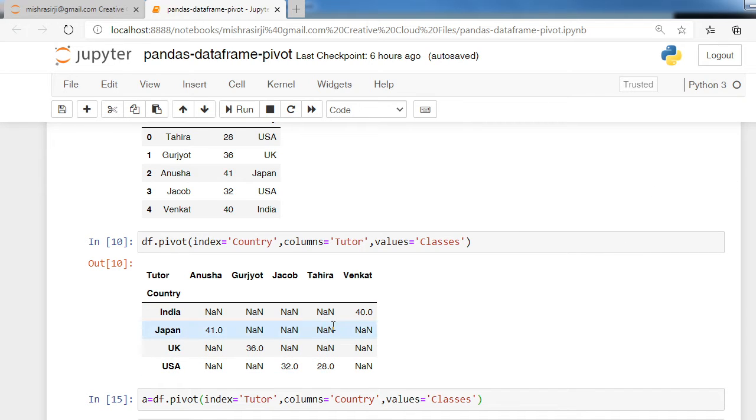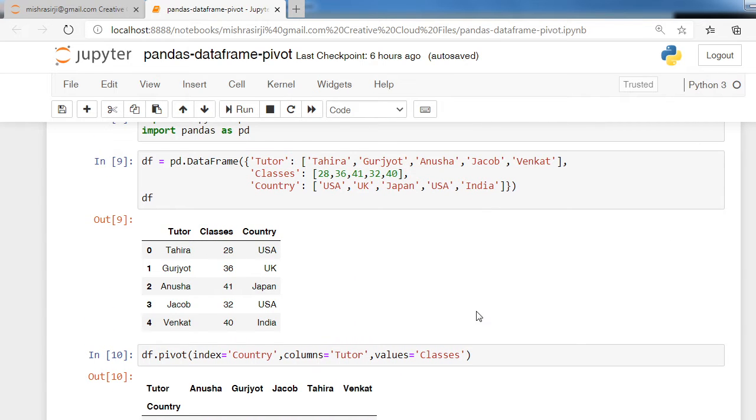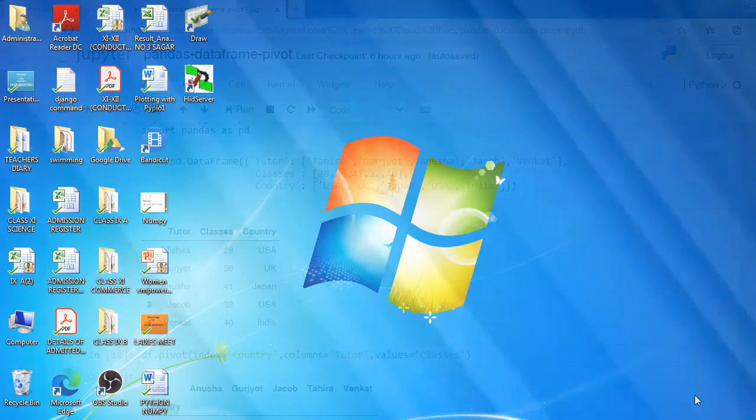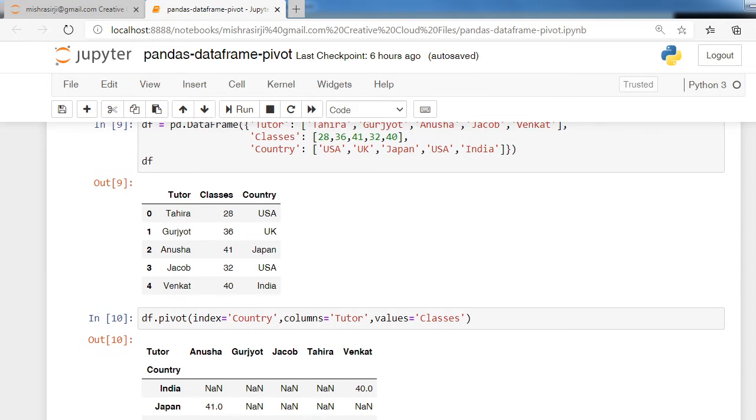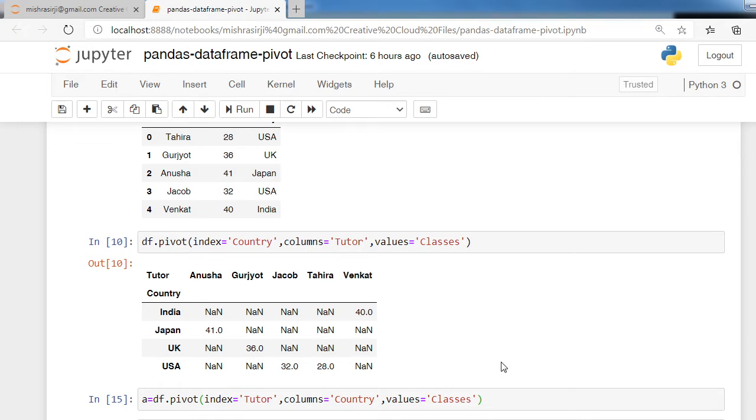Other values are set to be NaN. Next one is Gurjot, having 36 classes and belongs to Japan. So in the Gurjot column, see row index value, and set 36, and other value set to not a number.